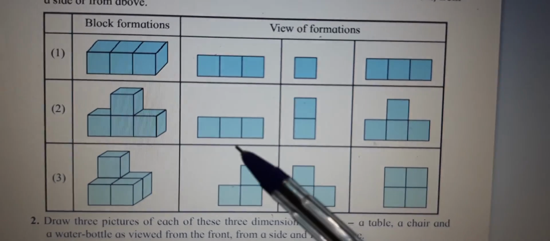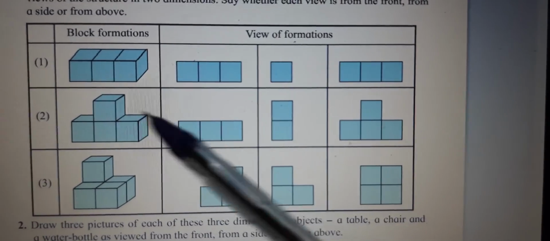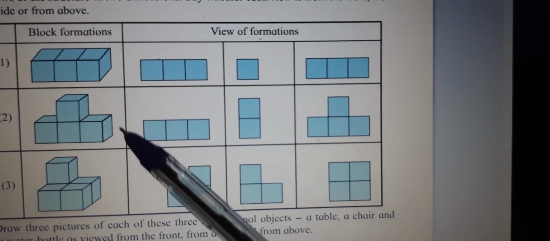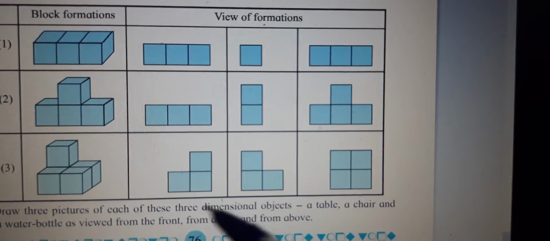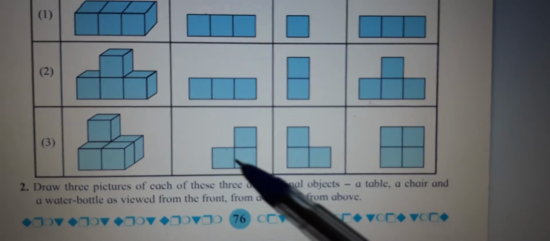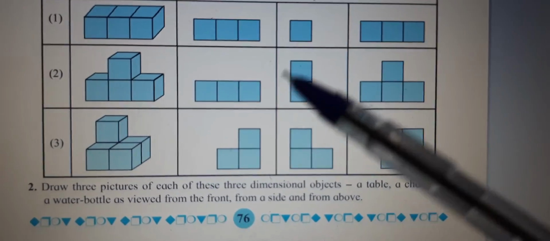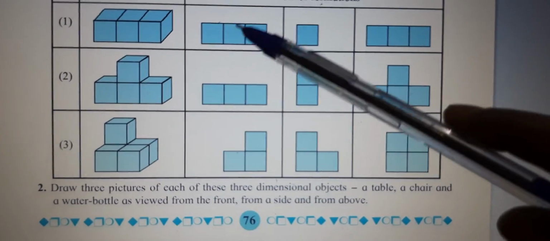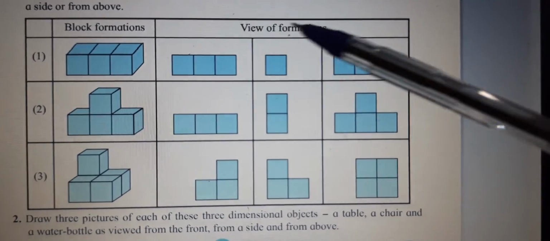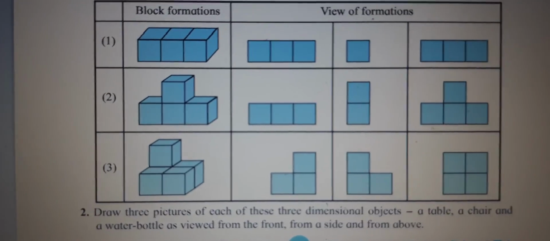From front this will be the view. From above this will be the view, because this is 1, 2 up now, but then from above when I see, it will be looking the same. And from side I can see this. From side if you see, you will be able to see 2, right? So you have a look at the picture and you write accordingly. Look at this picture and you check whether this is from above, or this is from above, or this is from above. So from front, from above and from side. So here you will have to write down. So in your maths notebook you are going to draw this, children, and you will be writing on top whether it is from side or it is from above or it is from front.